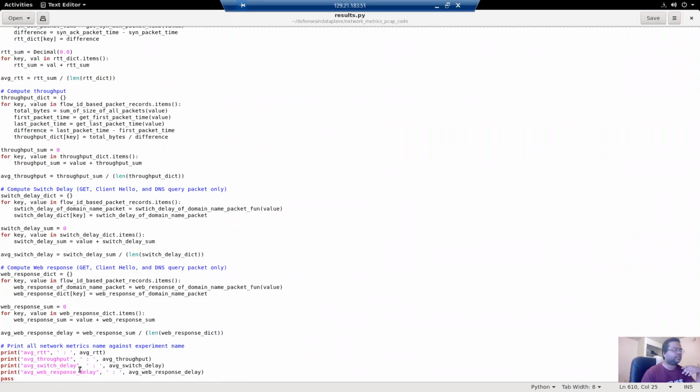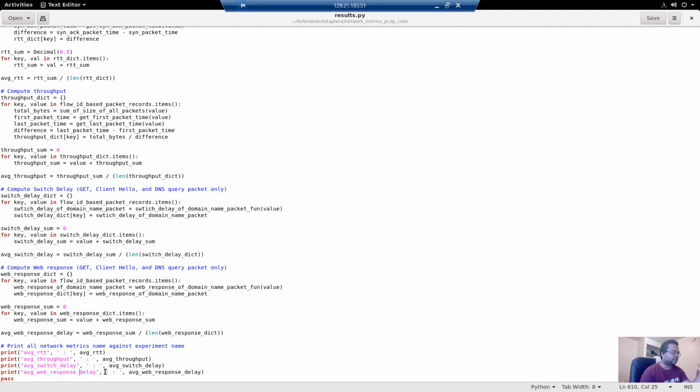So for example, what is a switch delay is basically when the packet enters into the ingress program, and then my middle box logic, the simple DPI logic, processes the packet in a certain way, and then it gets out of the egress pipe, egress port. Now, what is the time taken starting from the ingress to egress? That has been measured, and that is what we call a switch delay. Similarly, web